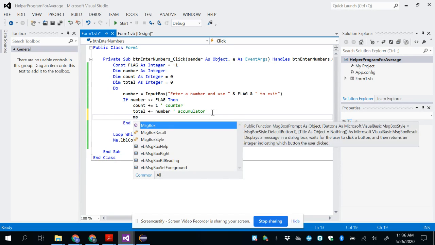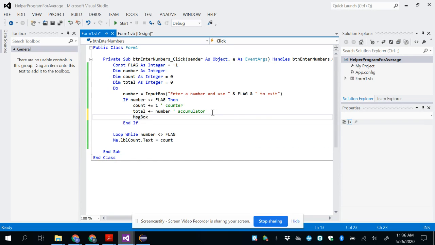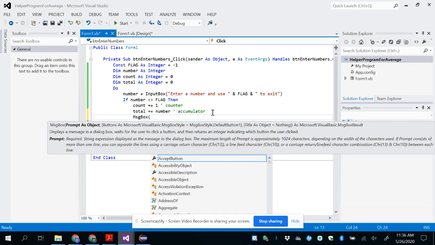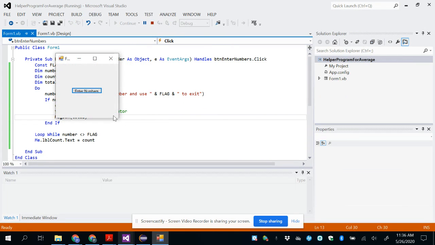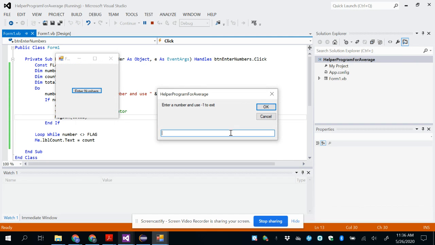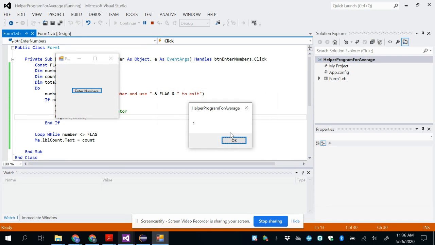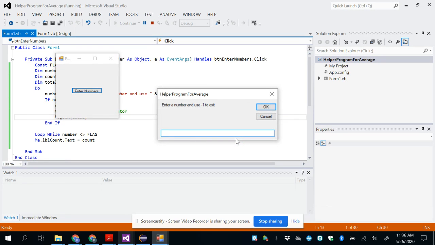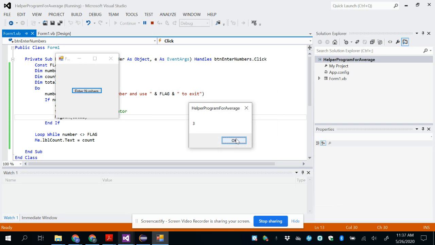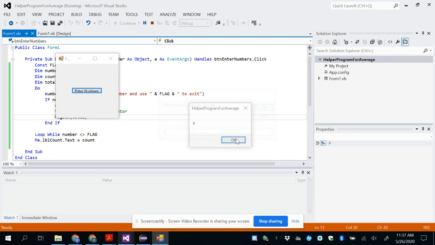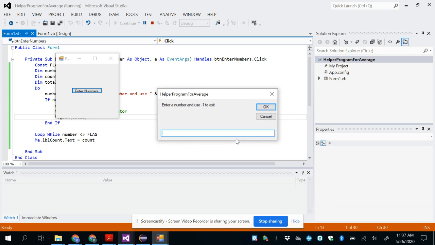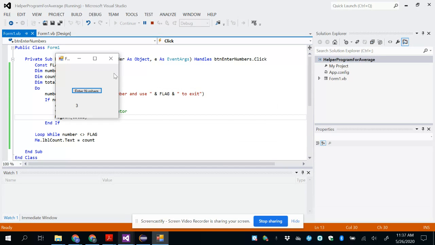Let's do total and run this. Okay, so let's do 1. Put a 2. Total is 3. Let's do a 3. Total should be 6. It is. Okay, and then I say -1 to exit. And oh,